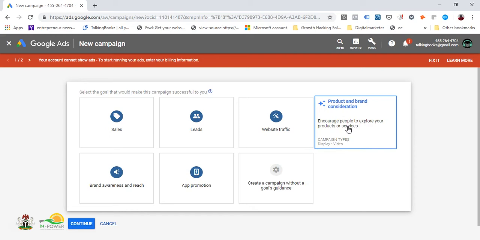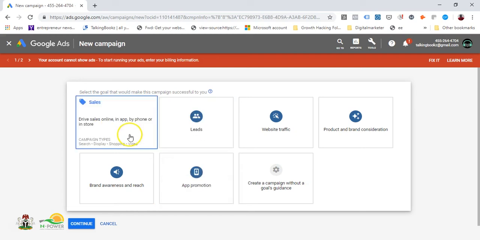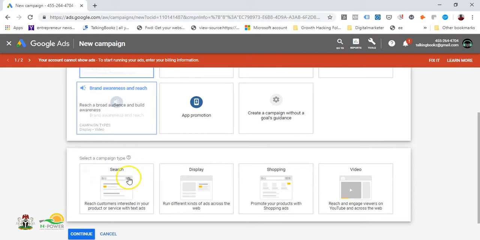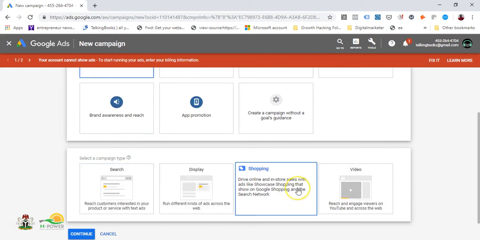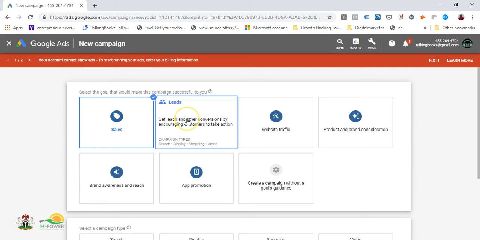Cold audience are people that have never heard of you before, and warm audience are people that have heard of you before but have just not bought the product. Then the app promotion is promoting your app, if you have an app. So you can choose search, display, shopping, video, and that's the major part of